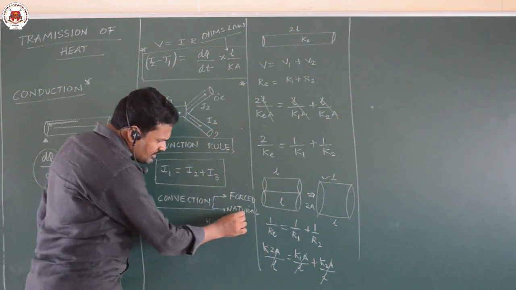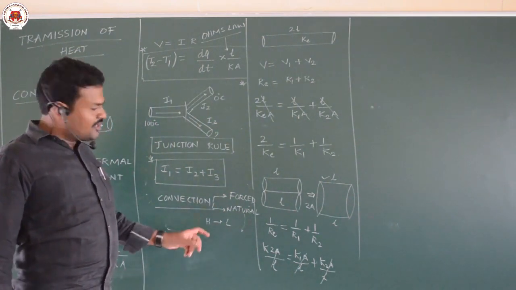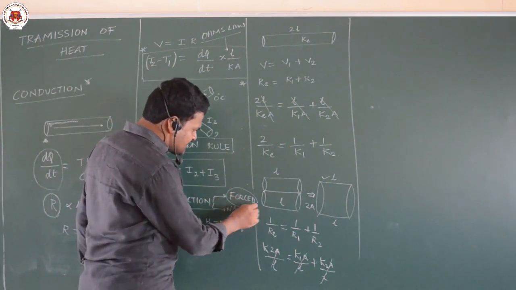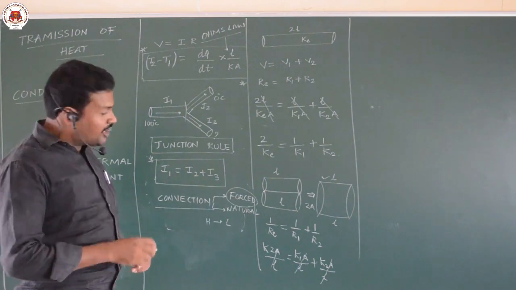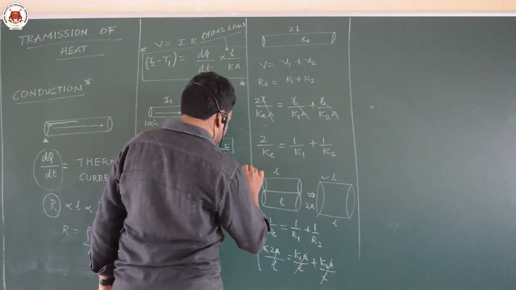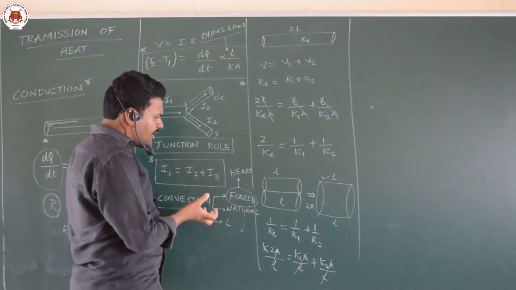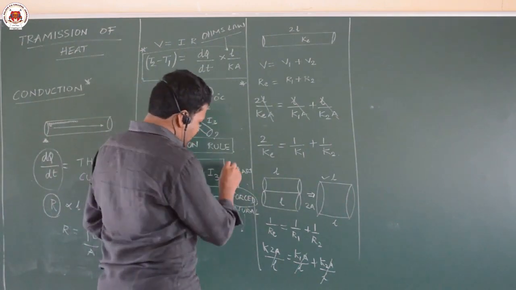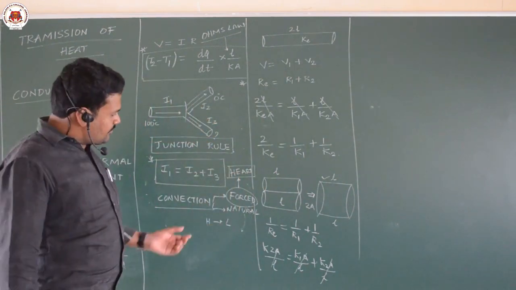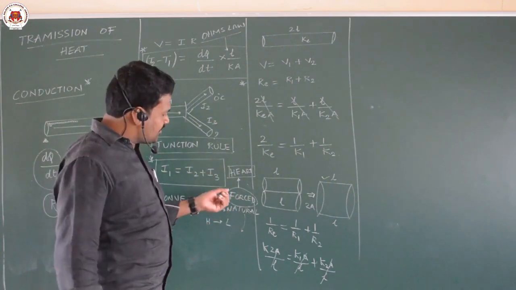In natural convection, the particles will move naturally; sea breeze or monsoons are examples of natural convection. Next, forced convection means a pump is required. The best example is the heart. The human heart or an animal's heart is an example of forced convection. A pump is required to pump the molecules from high temperature to low temperature. The movement of blood is an example, because the total body maintains a common temperature by just pumping the molecules.